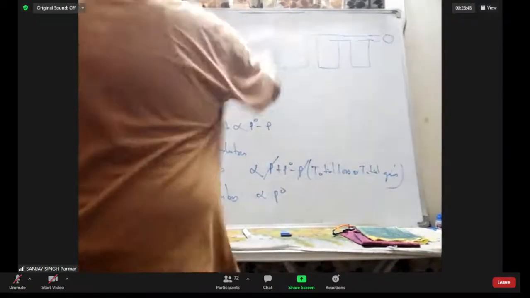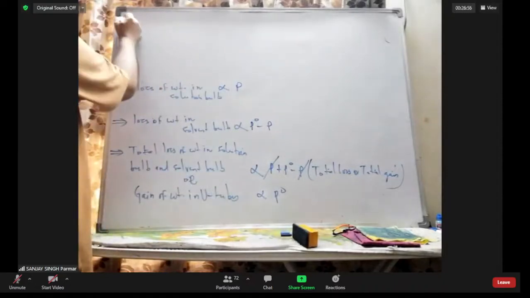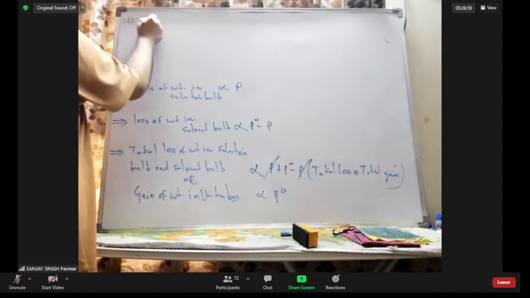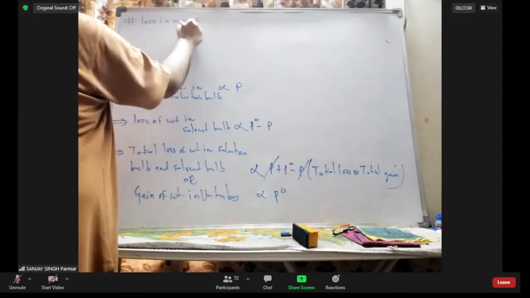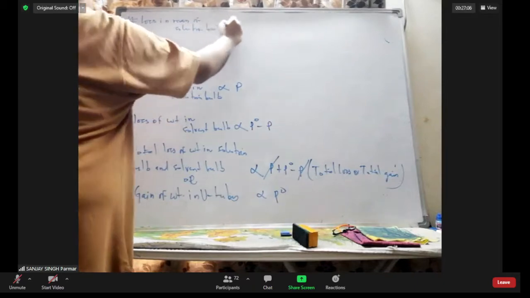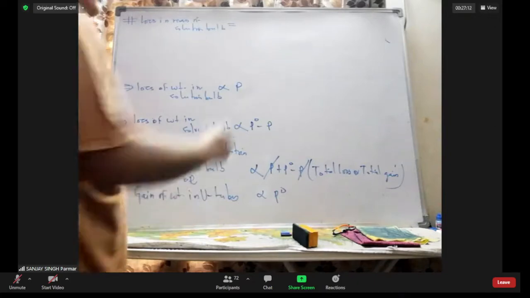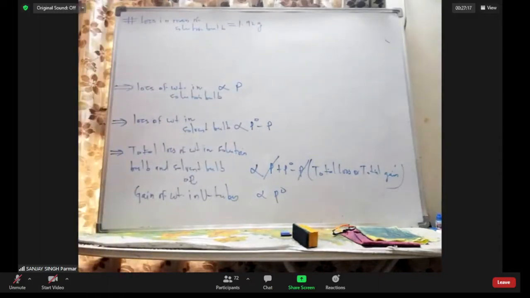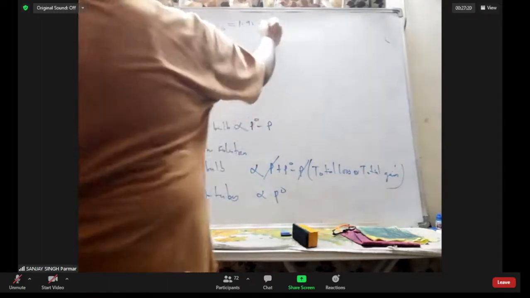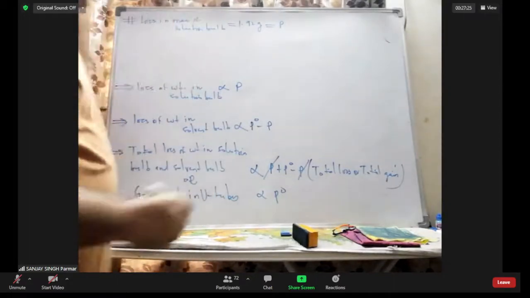First, I will write what they have given in question 59. This I am not rubbing, for your convenience. In question number 59, they have given the loss in mass of the solution bulb. Can I say this is nothing but equal to P? Yes, sir. Then they have given